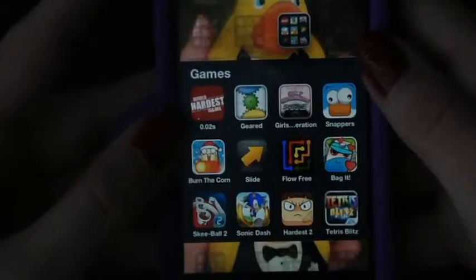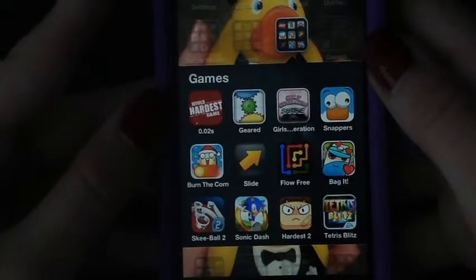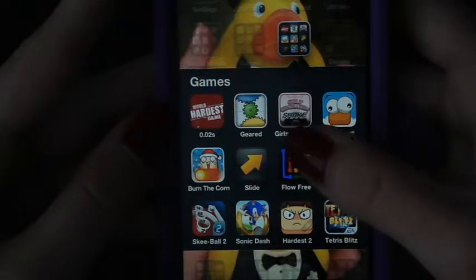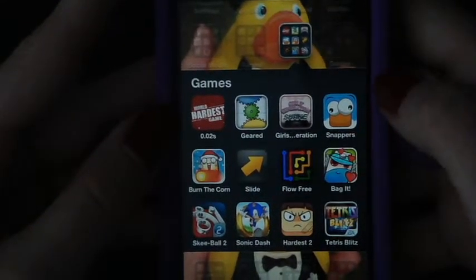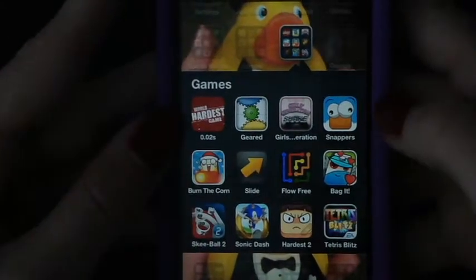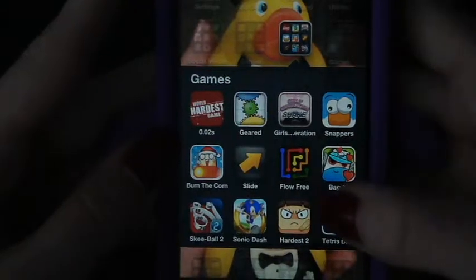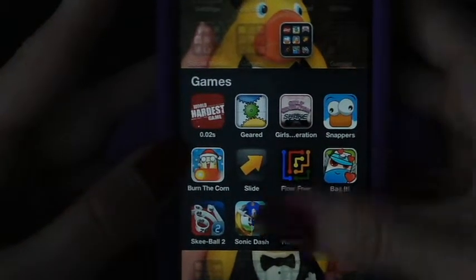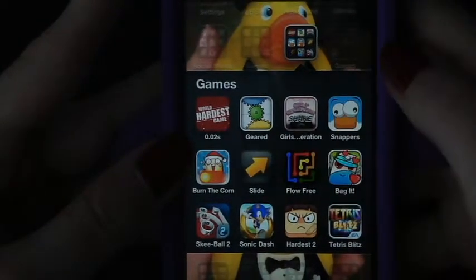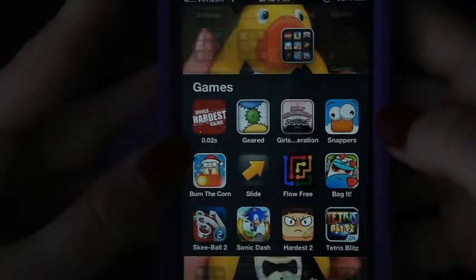It's really fun. And then these are the games that I just kind of got on a whim because I was bored, and this is the hardest game ever, Geared, Girls' Generation, it's kind of like a Guitar Hero thing, Snappers, Burn the Corn, Slide, Flow Free, Bag It, Skee-Ball, Sonic Dash, Hardest 2, and Tetris. And the game that I probably played the most was the Girls' Generation, the Snappers, Bag It, and